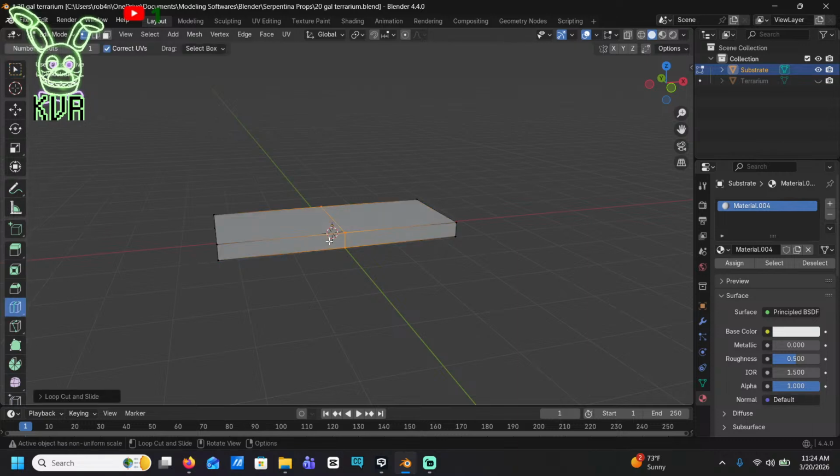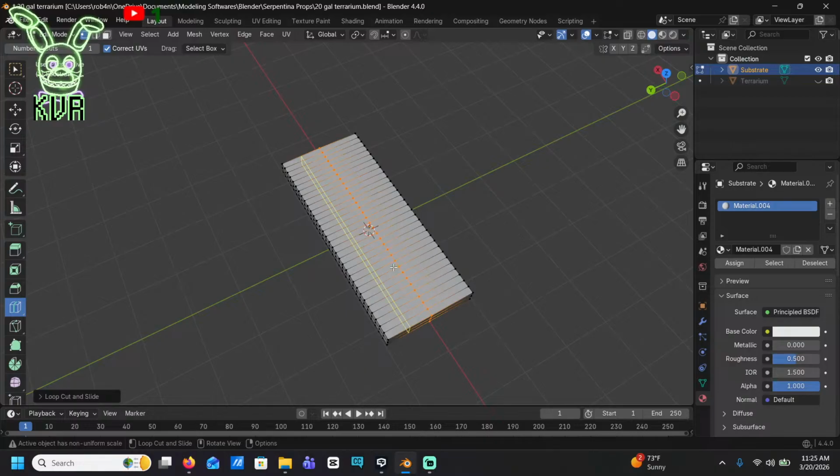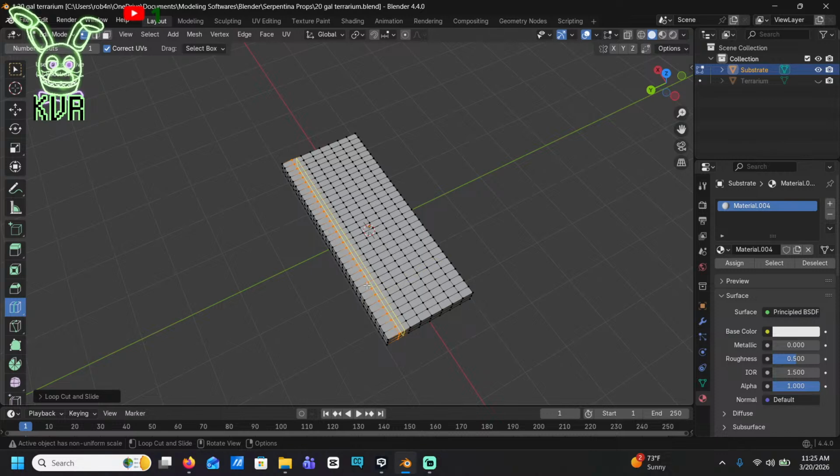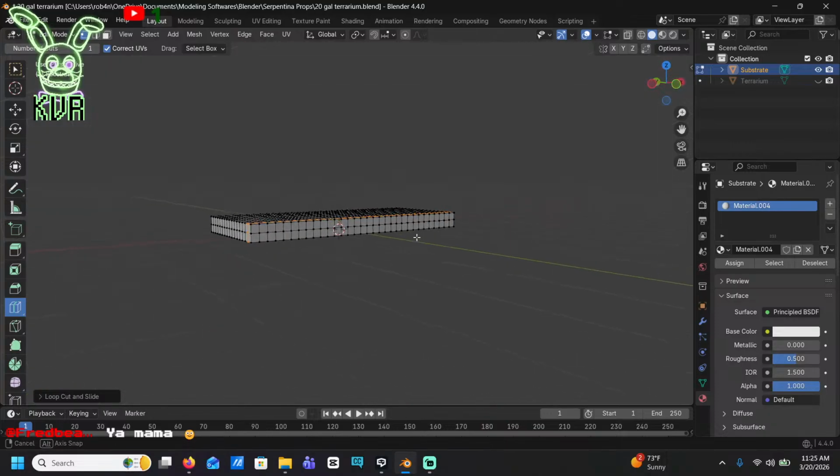Okay, let me do this. This is everyone's favorite part of modeling. I get to do all these loop cuts. I could just subdivide, but I'm not gonna do that, because I would like to control the exact number and placement of my cuts. Sounds really strange out of context, gonna be honest. In actuality, I just subdivided, though.